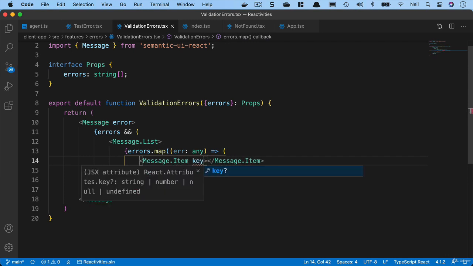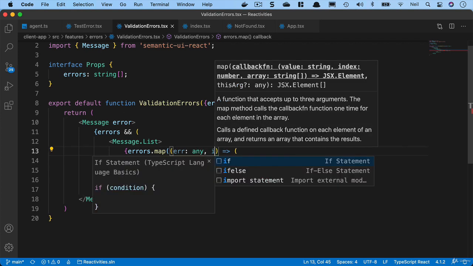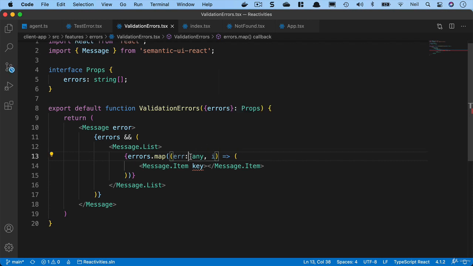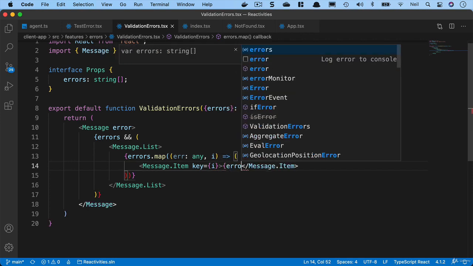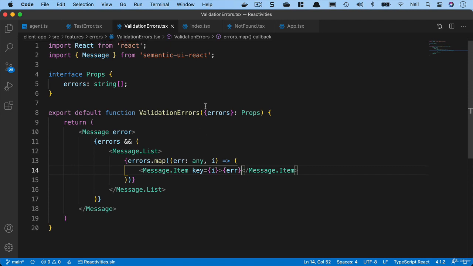and we need to give it a key. And the key in this case, what we'll do is add an additional parameter here and just use i, which is the index of the thing that we're looping over. So each array element has an index, and we can use that as our key if we're stuck for what to use as a key. And then we can just display the error inside our message.item. So this takes care of our validation errors component, and then what we can do is we can head back